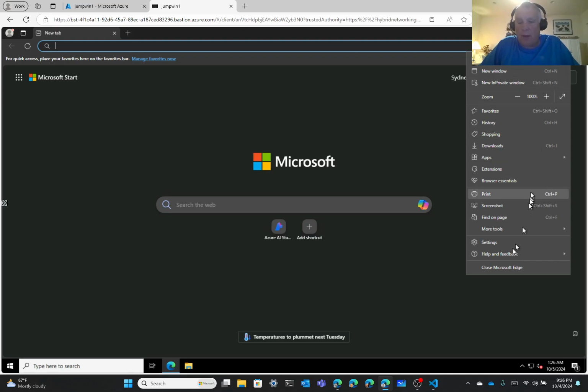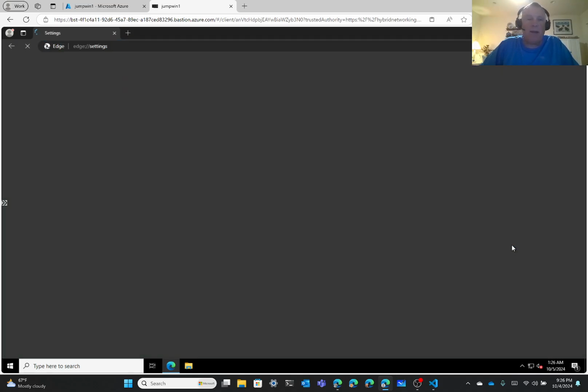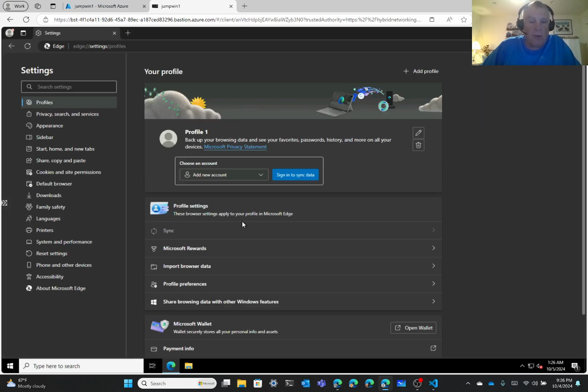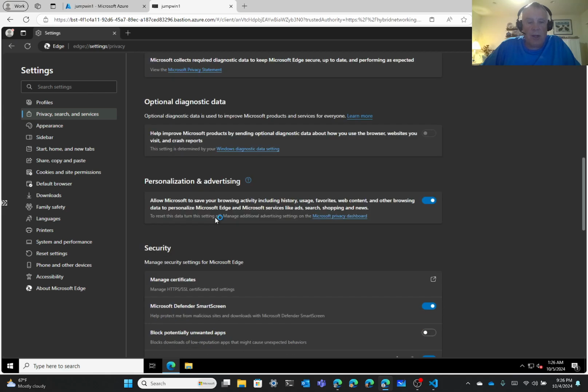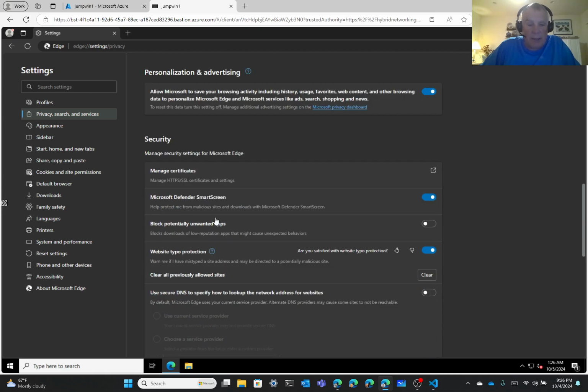So that's something that it's recommended that you disable if you're using your own DNS, as we are here in the sandbox. So if I go into privacy and search, and we go look at these security settings,